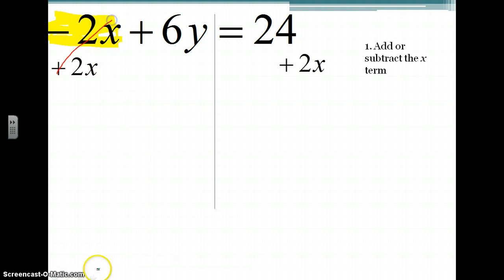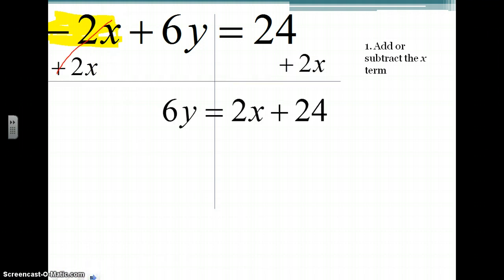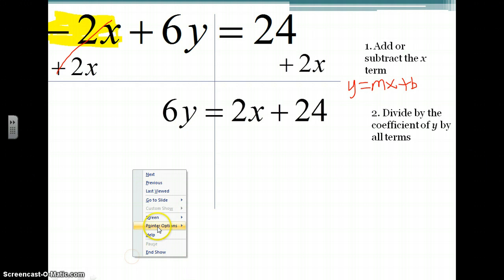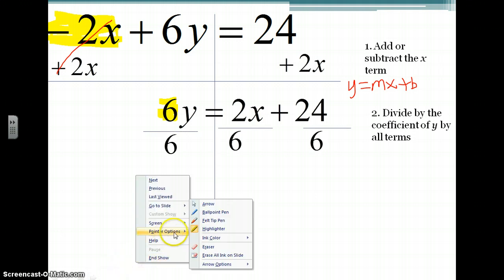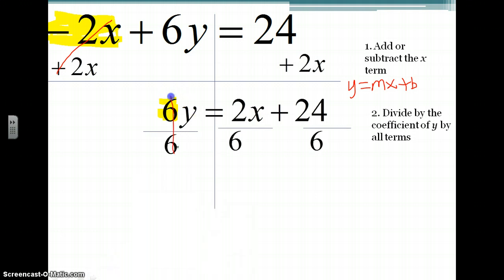That's going to cancel this out over here, and we're left with 6y equals 2x plus 24, because remember, we want it in y equals mx plus b form. Okay. Now, the second rule is to divide by the coefficient of y by all terms. The coefficient of y in this case is 6, so we're going to divide everything by 6. These 6 are going to cancel out, and we're left with y equals